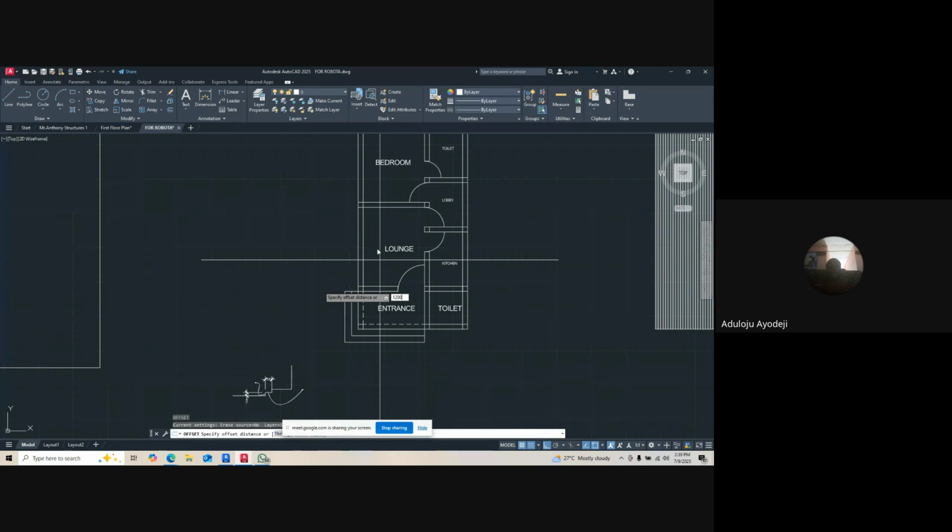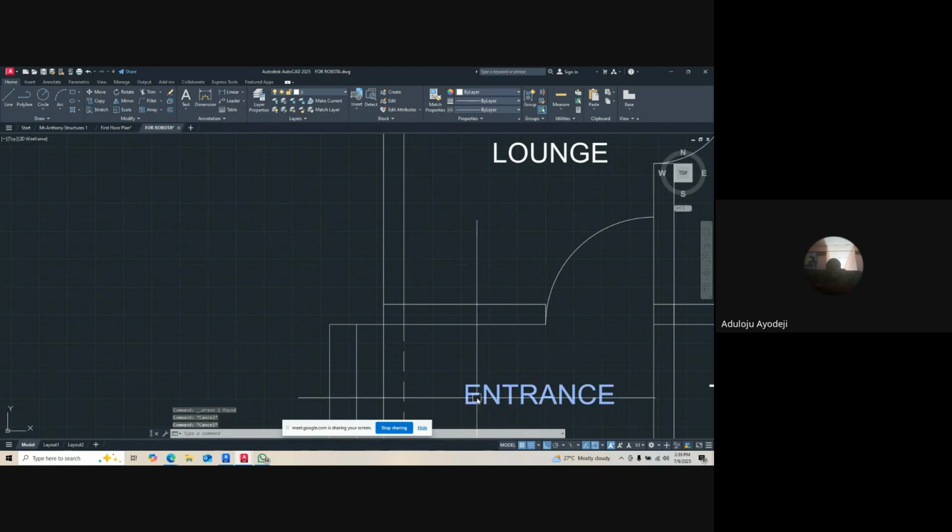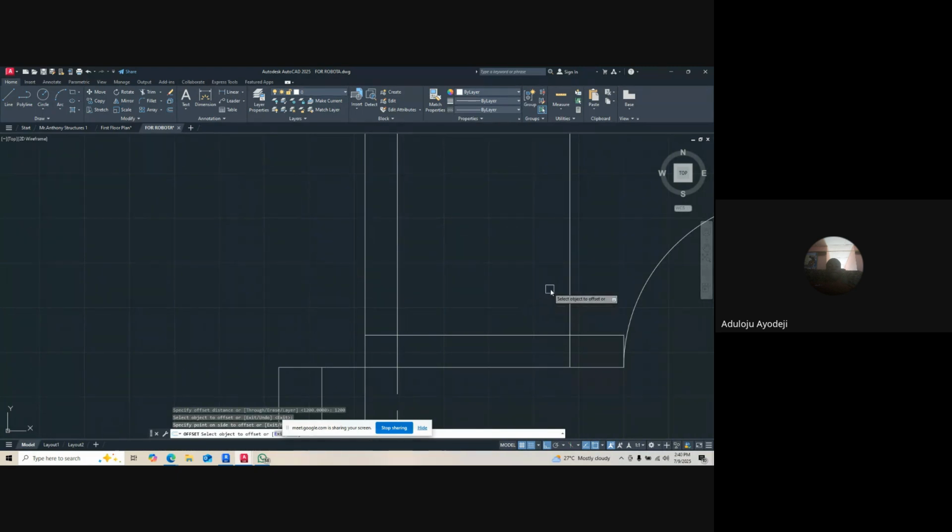Now, I press 100. I click on it. You can see, how do I get this thing? Let me delete again. I press O, enter, and my O is offset. Now, I said I want to create a 1200 window. So this O, enter, 1200. At this my entrance, I click on this first line and I click to this side. If I want my offset to go to this side,